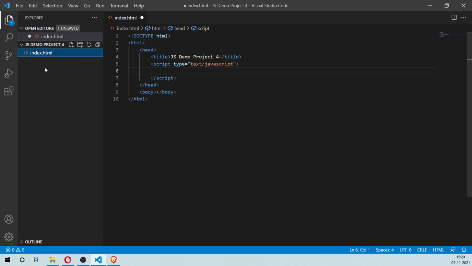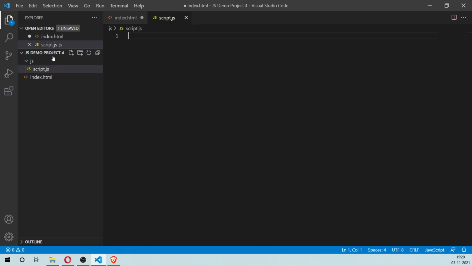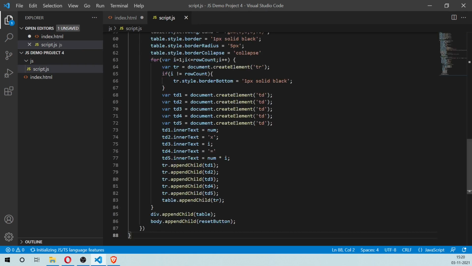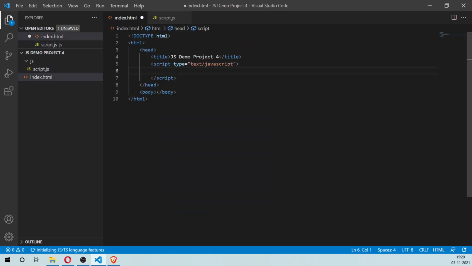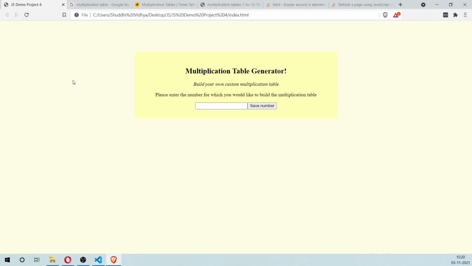So I'm going to create a new folder here called js, and inside that I'm going to create a file called script.js, and I'm going to add all of the JavaScript code in here, and then here I'm simply going to refer to that js/script.js. So let's see if this works now. Okay, everything seems to be working.